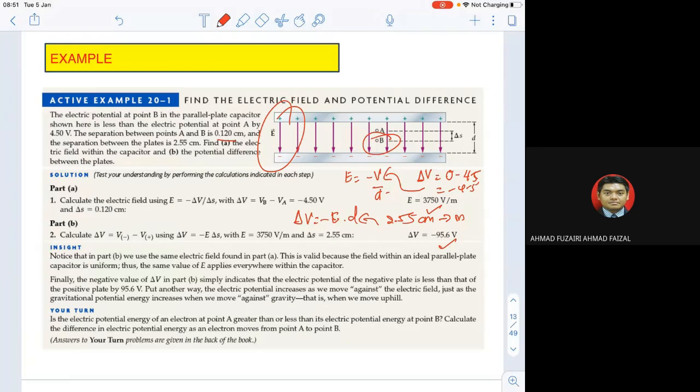When we do the examples, please try on your own. Take out your calculator, take out your piece of paper, and do it together, so you know that when you punch in your calculator, there will be negative or positive. The negative or positive sign of the value is very important because it tells you whether the positive charge is going against or following the direction of the electric field. That is very significant, so if it is negative, you put negative, and if positive, you put positive.